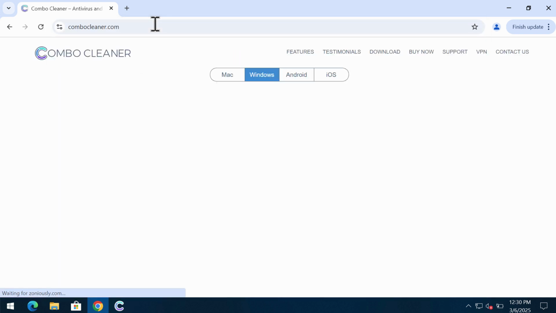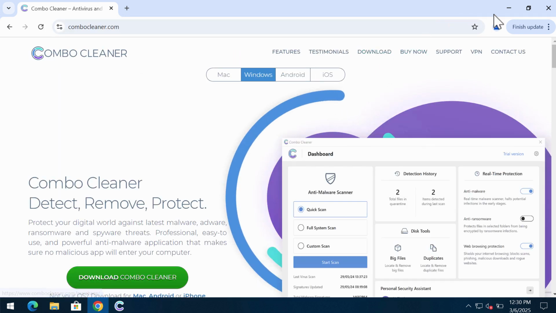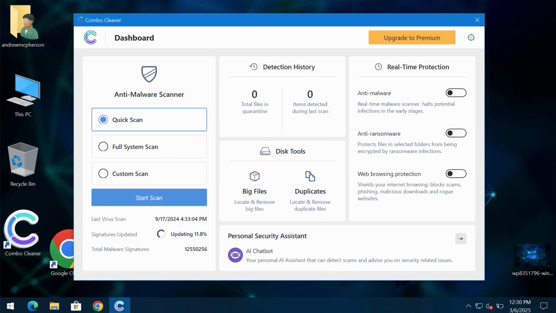I recommend you to research your system with Combo Cleaner antivirus. Get it on the website combocleaner.com, download the program, install the software, and then once the software is successfully installed, start researching your computer to effectively detect and then eliminate all other infections which might still possibly stealthily remain on